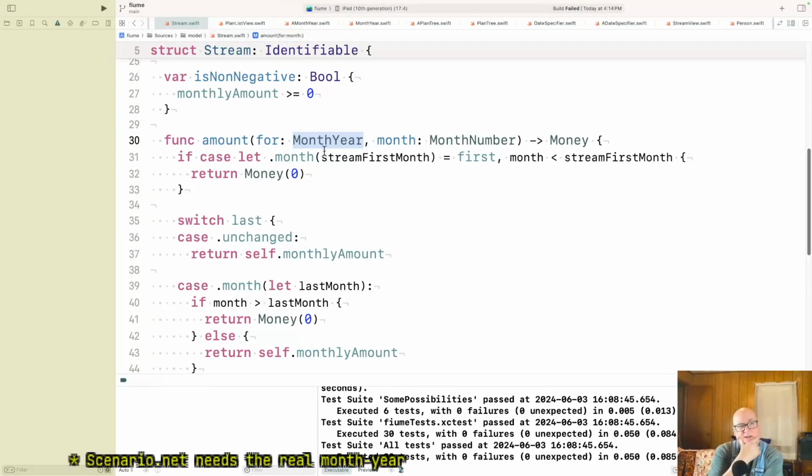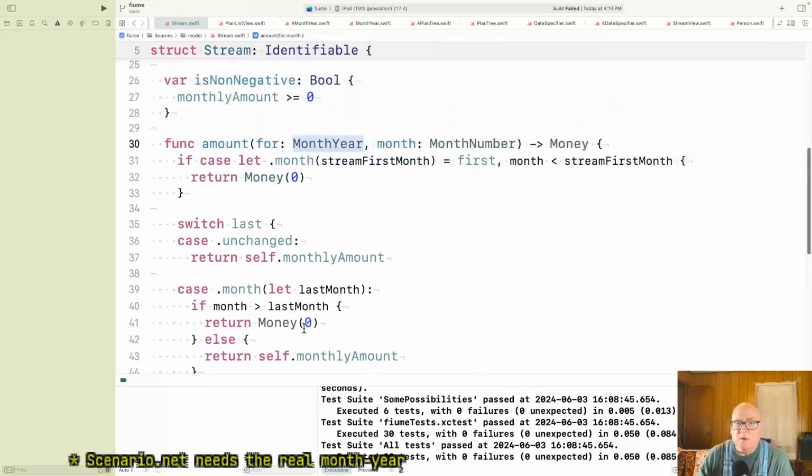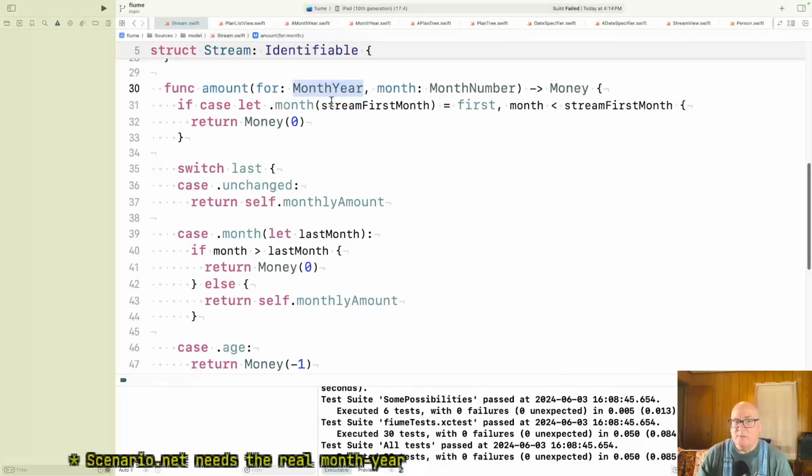I don't know if you exactly call it parallel change. Yeah, I mean, parallel change would be having an amount function that took just the month year. I'm going to do it more like I'm adding arguments and then I'll peel them away as I get rid of the need for them.